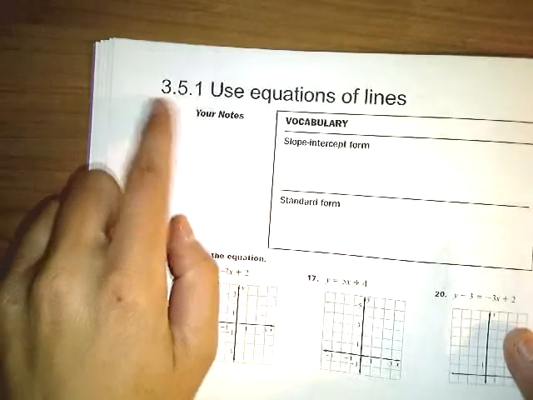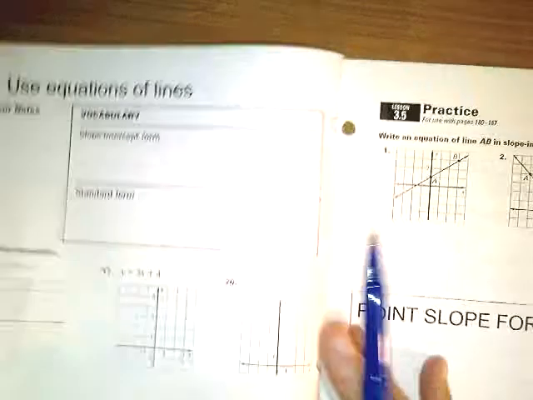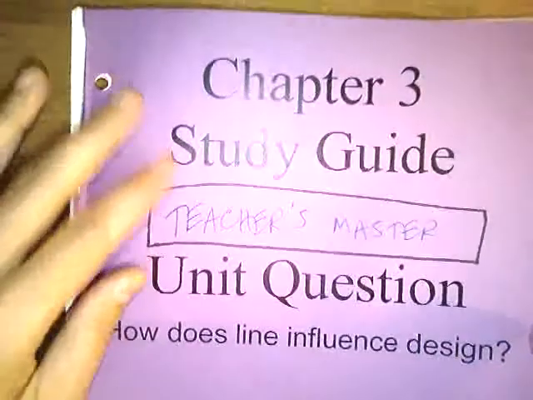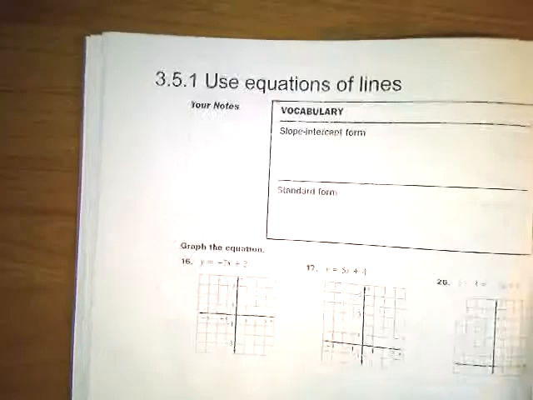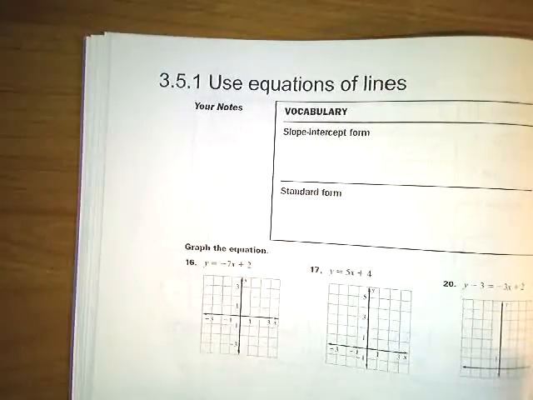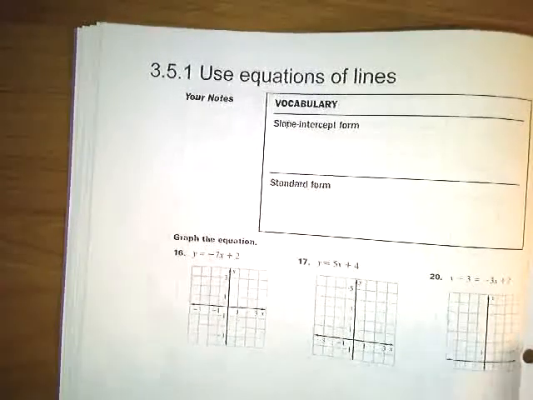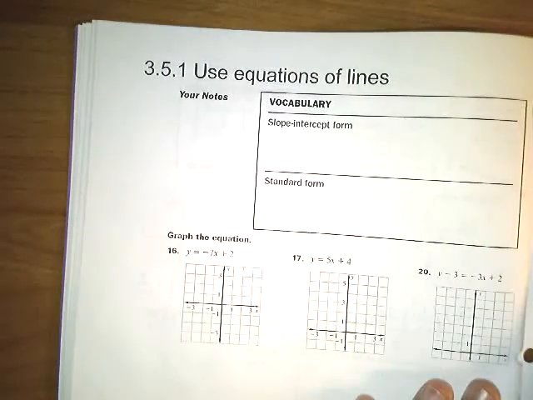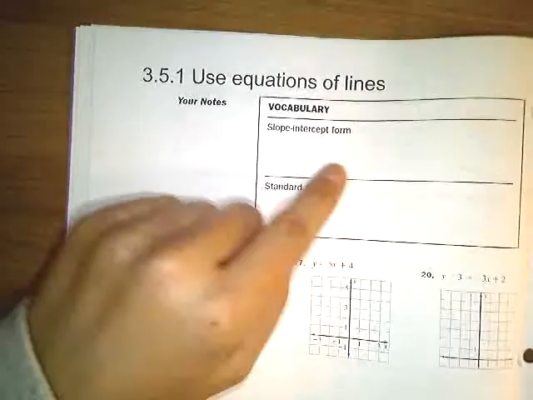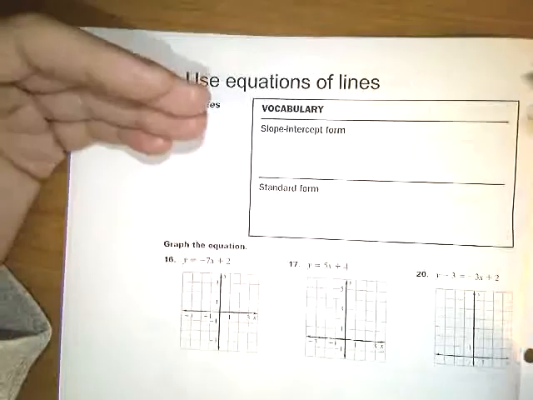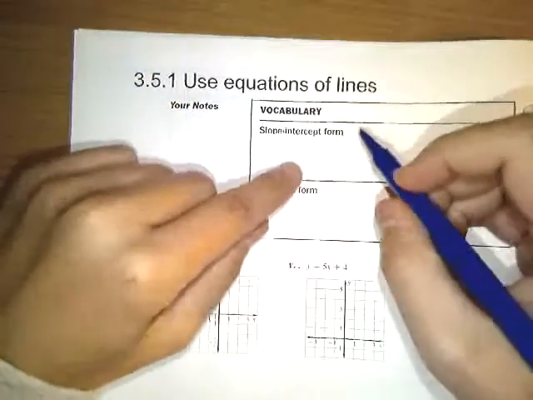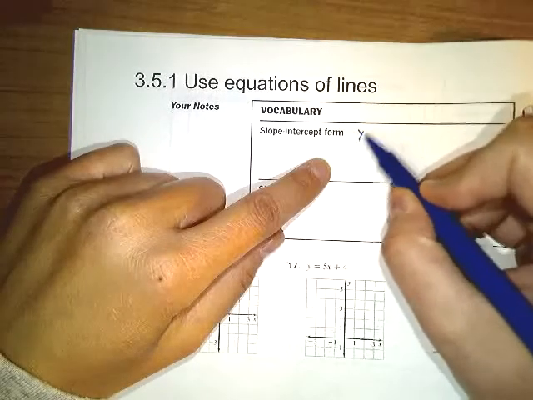This is the video for Chapter 3, Section 5, Part 1, out of the Chapter 3 study guide for geometry. Section 3.5 is talking a lot about how to write equations for lines. First, you need to know that there are different ways to write equations for lines. The most common one used in high school